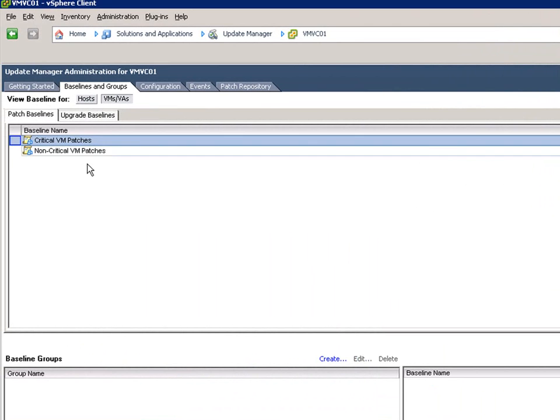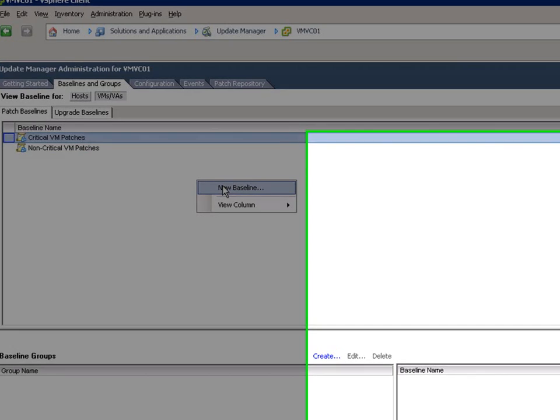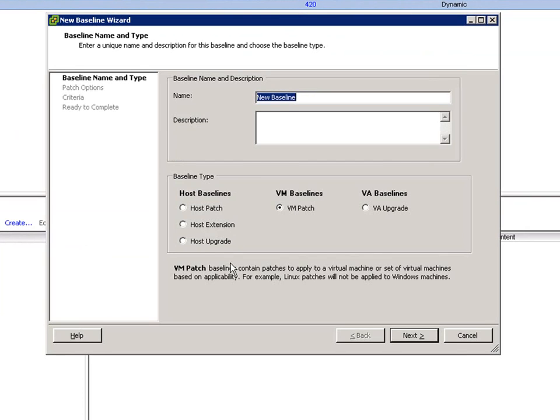If you select that, again you'll have 2 baselines by default, the critical and the non-critical patches, and you can always add new baselines. So let's go ahead and go through the wizard of adding a new baseline, because it's the same for all 3 of them regardless of what you select. So I'm going to right click anywhere here, click on new baseline, and we can name this baseline